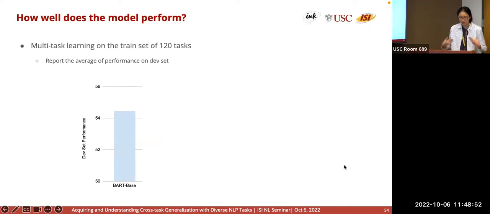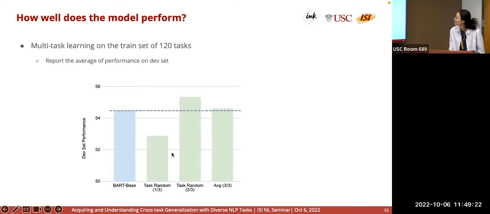Okay, so how well does the model perform? As I mentioned earlier, we trained this model to multitask on 120 tasks. This is tested on these exact same tasks to see how the model learns on these in-domain tasks. We report the average of performance on a development set. So this is the BART base performance. And we have several baselines, like we have 3 experts to choose from. These baselines are basically randomly choosing 1 out of 3, choosing 2 out of 3, or choosing all of them